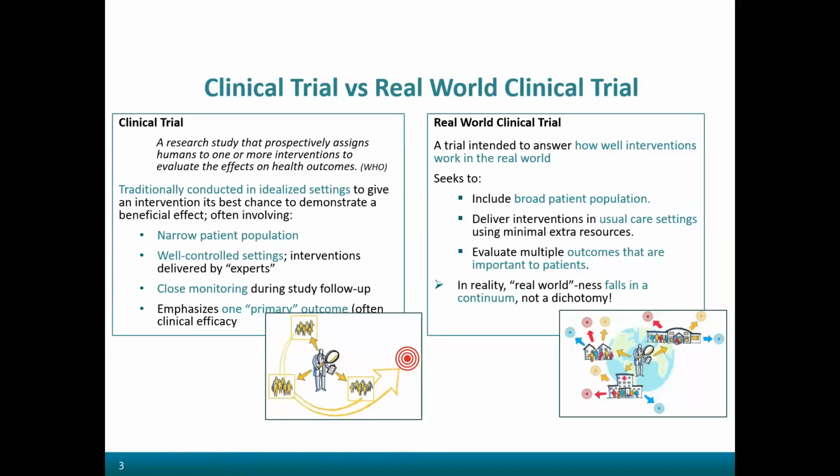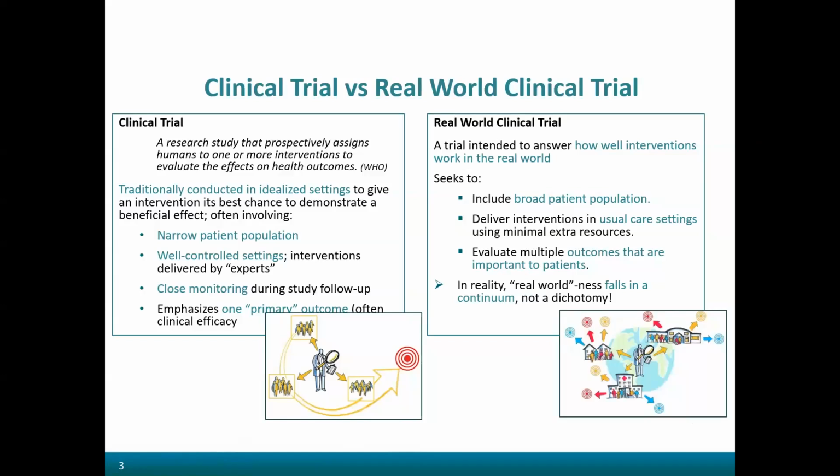And in the real world, patients value more than just clinical efficacy on one outcome. There are all sorts of things which patients may be interested in, and we would like to evaluate how patients perceive or value those outcomes. So that might be things like quality of life or convenience. The last point on this slide is just repeating that clinical trials are not inherently traditional or real world. There is actually a tool called the PRECIS-2 checklist, which allows you to assess to what extent a trial is real world